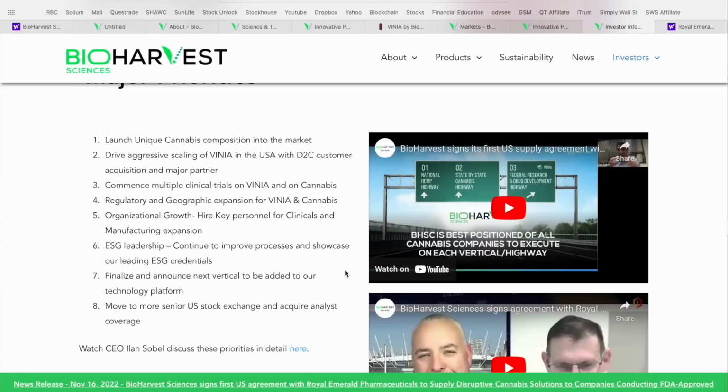A renewed focus on this ESG leadership and ESG credentials. They finalized and announced the next vertical to be added to their technology platform, and a final focus of moving to a more senior US stock exchange, or to get off of that OTC exchange we saw in the intro. So each one of these objectives is completed to a differing or varying level. Obviously, some are still yet to be checked off, but you can see a very busy year for the team